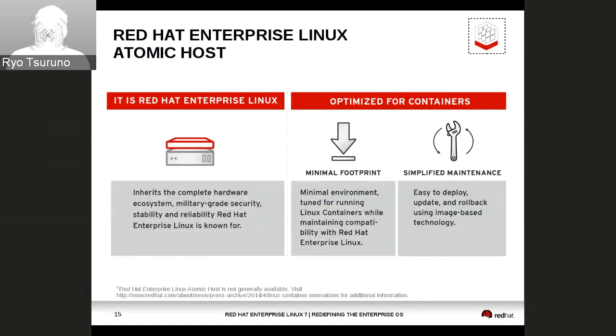So we announced something that we call Atomic Host at the summit, and I think William is going to have another session around Atomic Host. So I'm not going to go too deep into this, but the interesting thing about Atomic Host is that it's a minimal version of the OS, and it combines atomic updating with a secure and consistent host environment. And it's based on the project Atomic, an upstream project called Atomic, and it is designed to be a system image for hosting containers. So it's somewhat similar to what the REV-H image is,